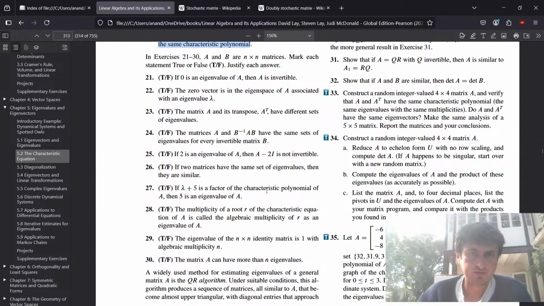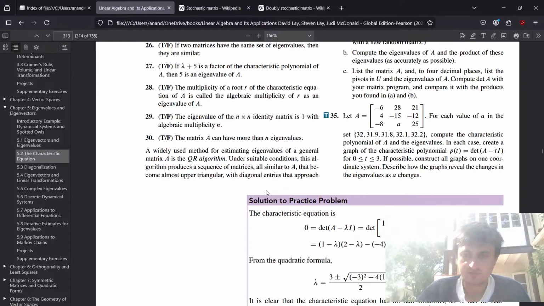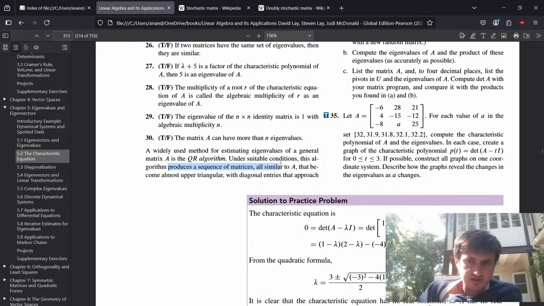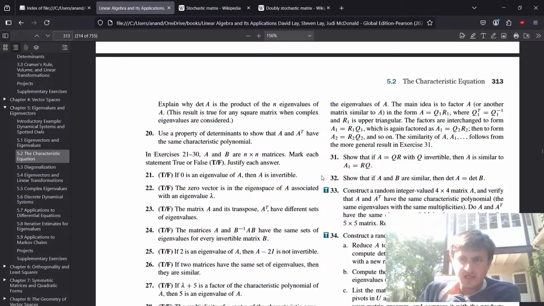All right, 21 through 30. Oh, here we go. Here's some good stuff. A widely used method for estimating eigenvalues of a general matrix is called the QR algorithm. Under suitable conditions, this algorithm produces a sequence of matrices all similar to A that become almost upper triangular with diagonal entries that approach the eigenvalues of A. The main idea is to factor A or another matrix similar to A in the form A is equal to Q1 R1,